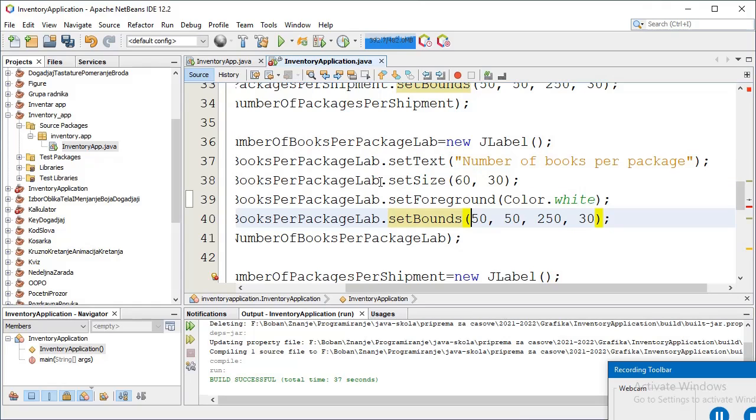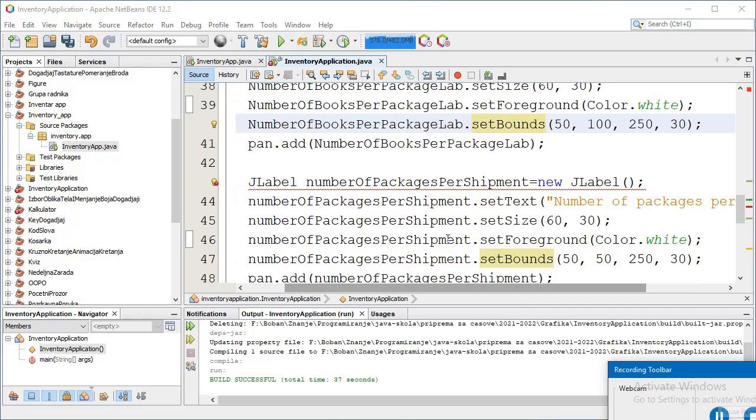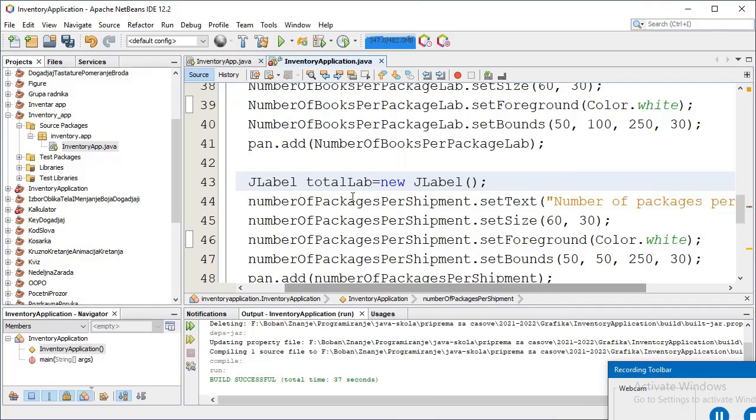The second JLabel needs to be below the first JLabel. I will change the y coordinate to 100. The third JLabel is named total label.